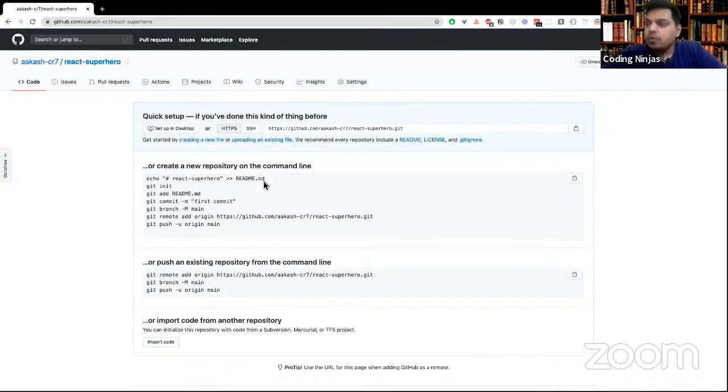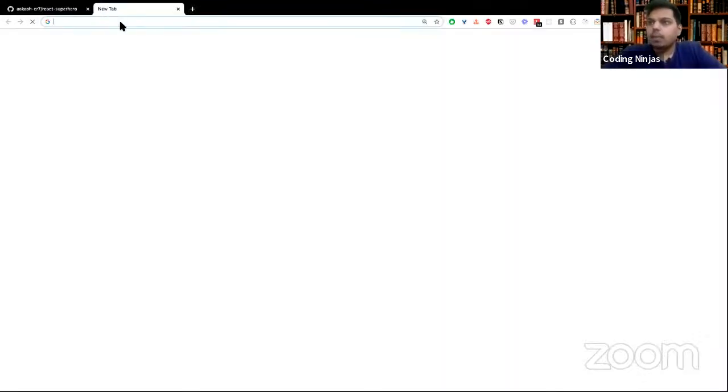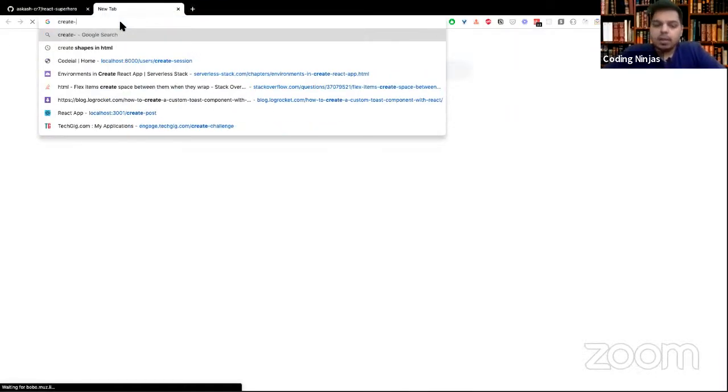Yes, Ashwarya, the repo is empty currently because I have not started any coding. So I'll quickly create a new repo. I'll basically create a code repo using the create React app tool, guys, and then we'll start. So guys, we basically have to download the create React app tool if you do not have it already, and make sure